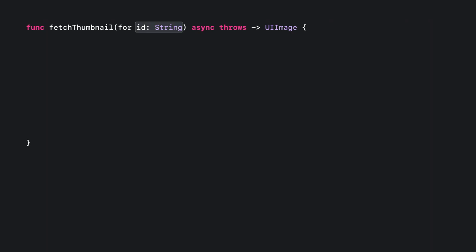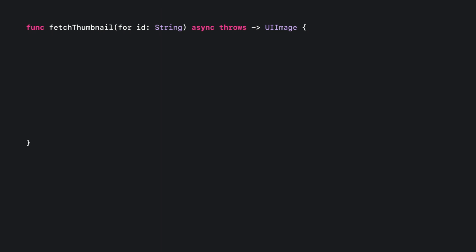Robert and I rewrote the function that performs those 4 steps. And this time, we used async await. The function still takes a string as an argument, but while last time a completion handler was passed as well, this time instead the function is async. When you mark a function async, the keyword should go just before throws in the function signature, like this, or before the arrow if the function doesn't throw. Marking the function async allows it and its signature to be simpler. If an image is thumbnailed successfully, that thumbnail is simply returned, and if an error is encountered, it's just thrown.